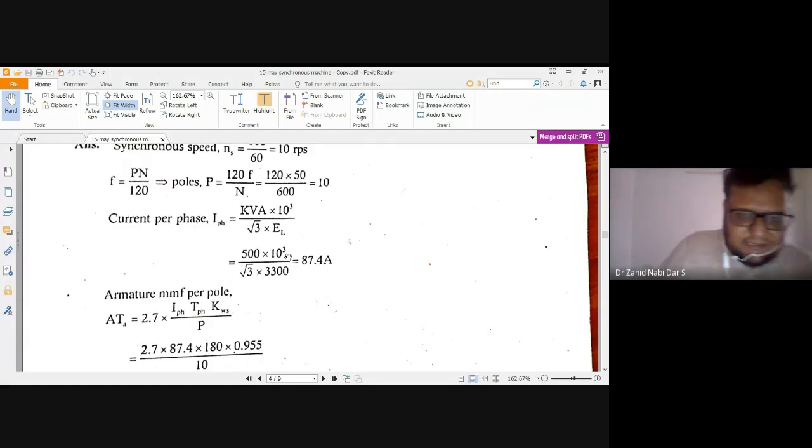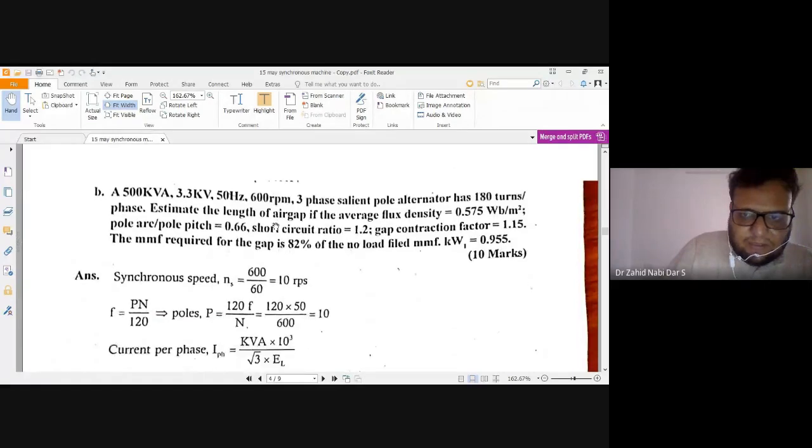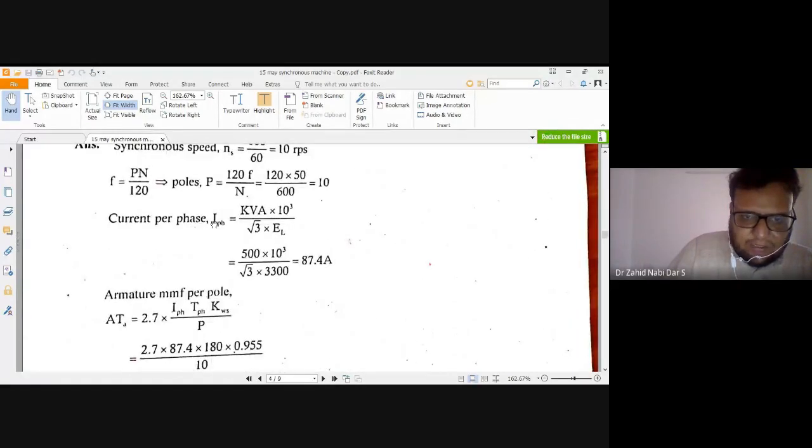You can see here it is trying to express this phase in terms of line, because what we want is the line quantity. So again, you are getting this current. So this current has that root 3 ratio. That's why that root 3 is there. You should have asked, sir, why not 3? Why root 3? Because here you see this is your E line. And I phase, whether it is star connected or delta connected, is immaterial. This root 3 will come if you are expressing it in terms of your line quantities. If you are expressing only in phase quantities, then no.